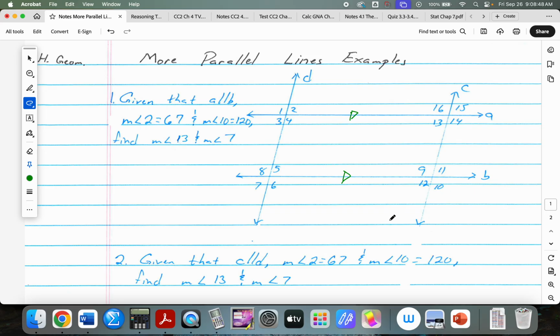So those two are parallel. The measure of angle 2 is 67, and the measure of angle 10 is 120. We want to find the measures of angle 7 and angle 13. So the question on this